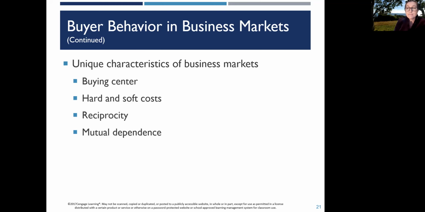Right. In business markets, there are hard and soft costs that need to be included, so direct and indirect costs. There is